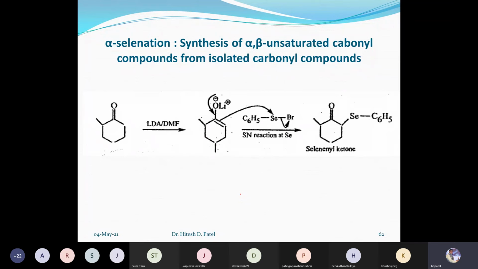Other derivatives can also be prepared with the support of LDA. I have already explained this kind of compound, here H, and here H. So this is sterically hindered, so the reaction will take place on this position. Deprotonation will take place from here. As a result, we will get this intermediate first, and then after, by treatment with